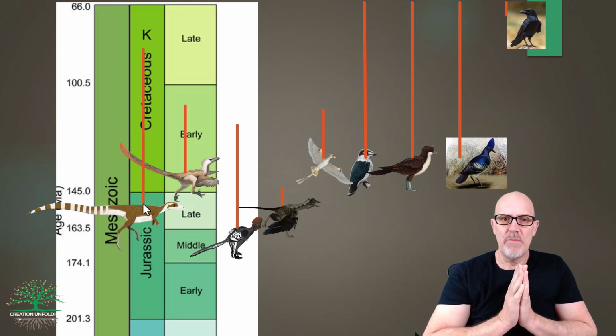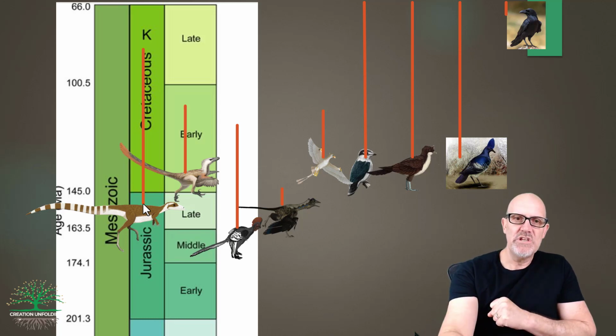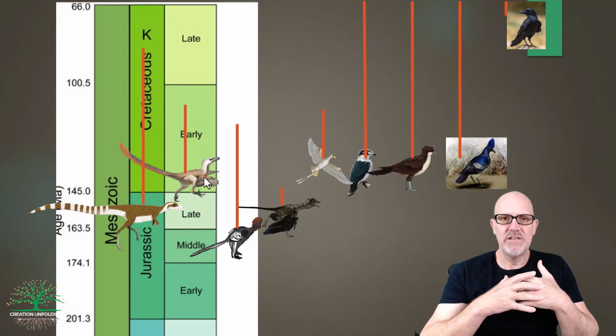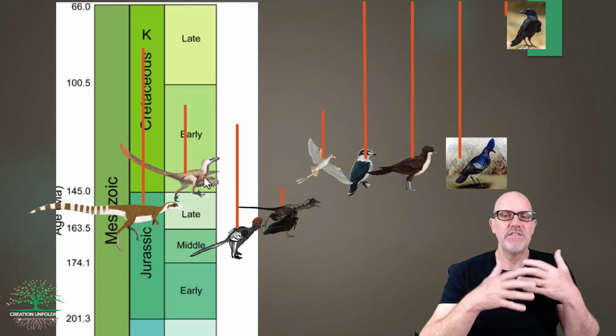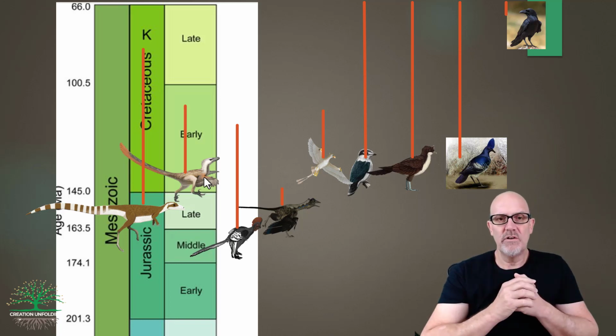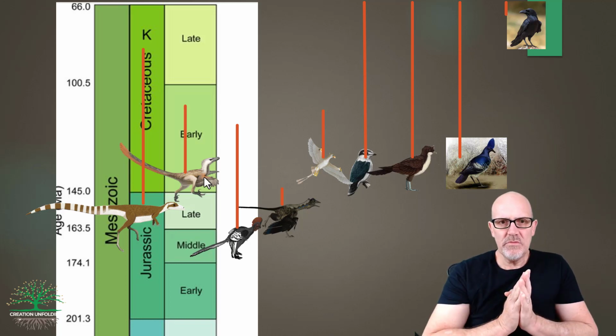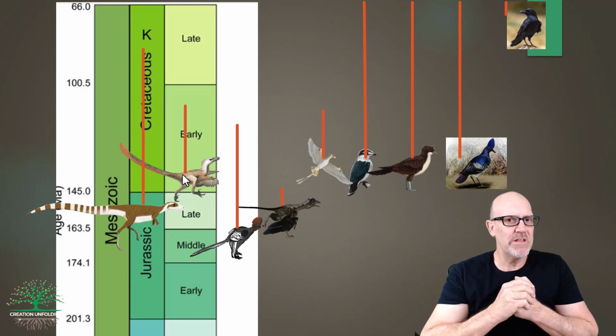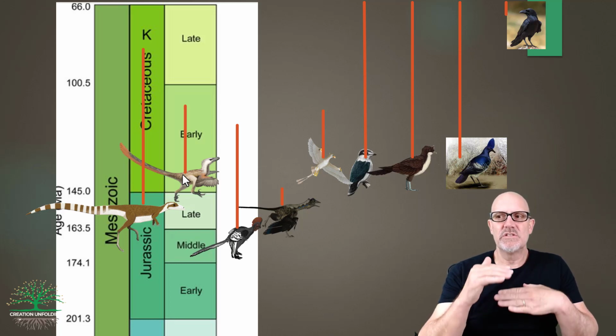And it's from that group, remember, that we get the next in the evolutionary sequence, which is the Velociraptor. The Velociraptor has slightly more bird-like features. It has feathers, a lot of fully formed feathers, but it couldn't fly. And so this would be the next stage in the evolution sequence. And sure enough, yes, you can see it does come in line where it's supposed to. It sits, I think, around 130 million years ago, about 20 million years later than the Compsognathids. So it fits in the sequence.